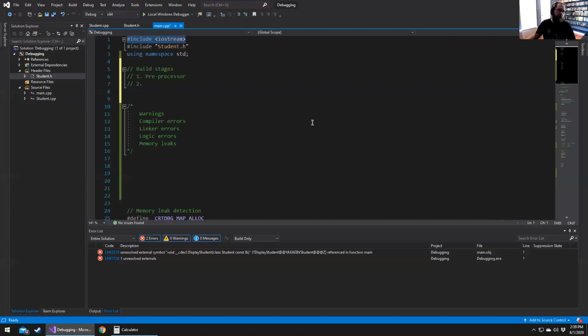All right. So yeah, it allows us to access that file, and more specifically, what it does is it copy and pastes the contents of this file right here. Okay. So we can't see this, right? But